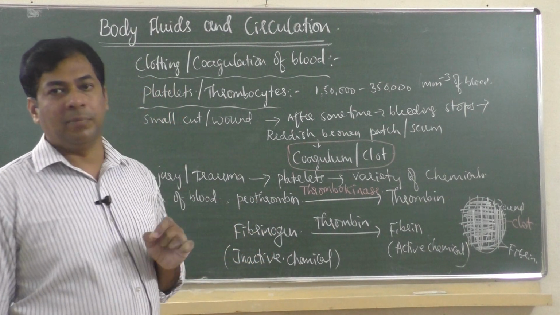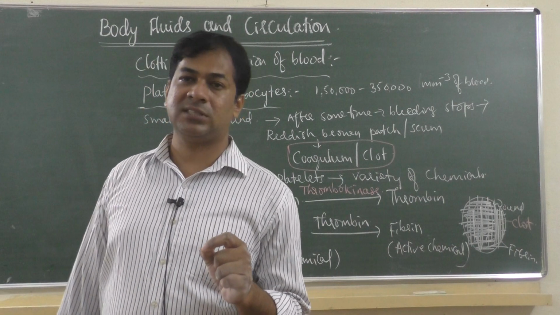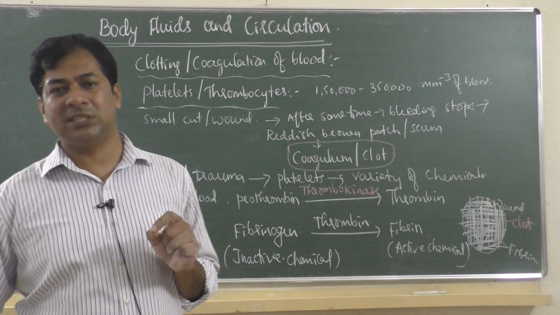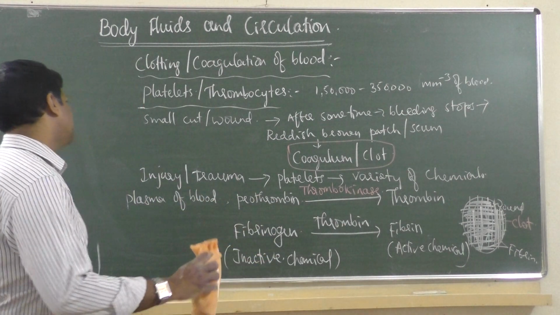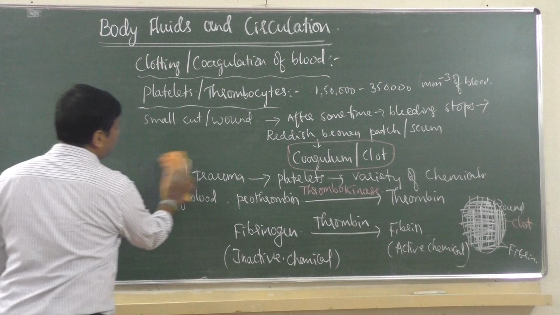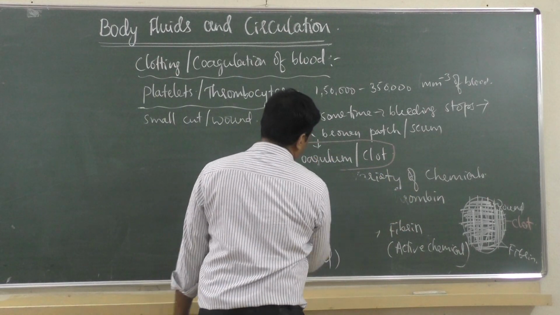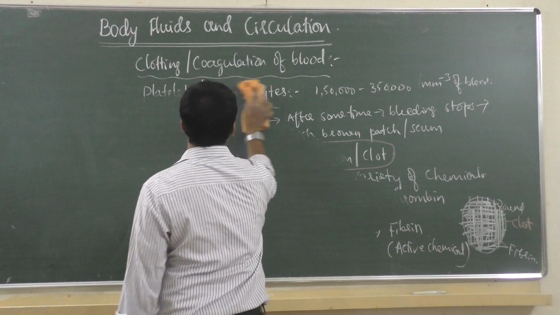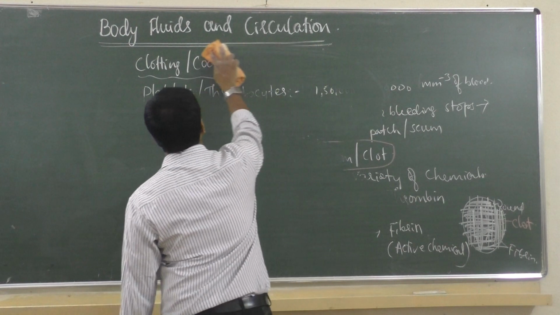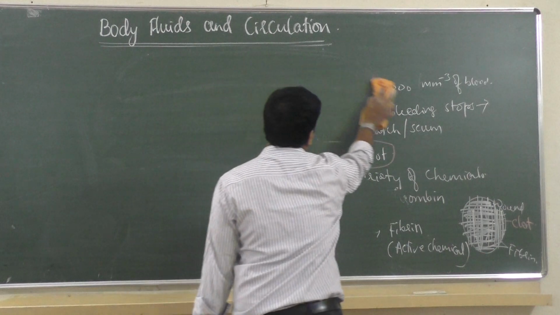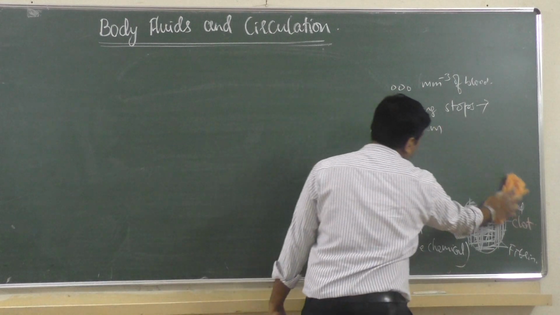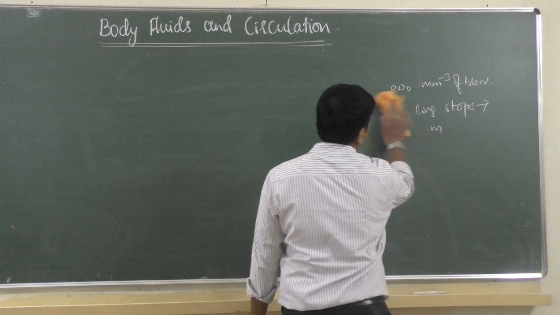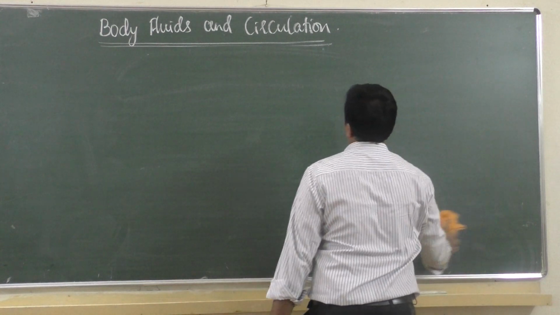Not all blood is red. Red blood corpuscles give red color because hemoglobin pigment is present. White blood corpuscles are colorless. This is different. This is called lymph, one more fluid present in the body which is helpful for transportation of nutrients, minerals, hormones, and absorption of fat. Giving immunity, all that is because of lymph.